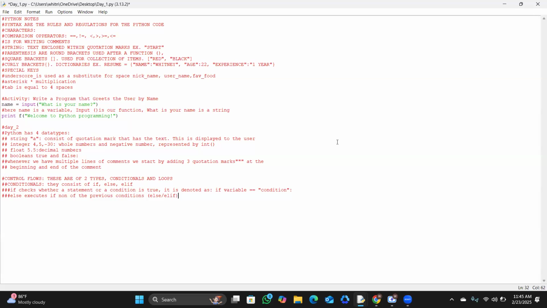Else executes if the previous conditions, if and elif, are not true. All right,